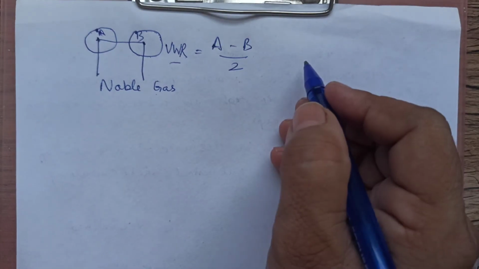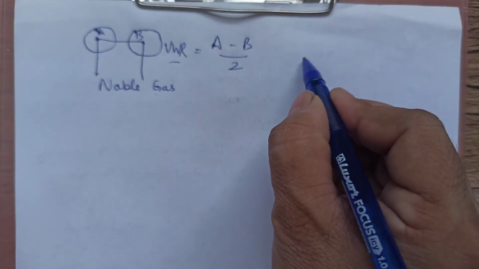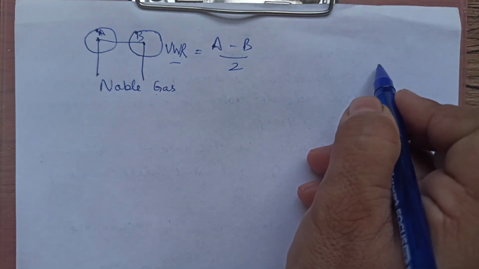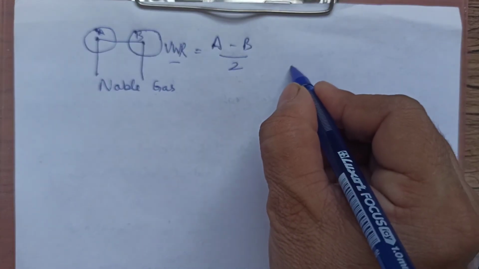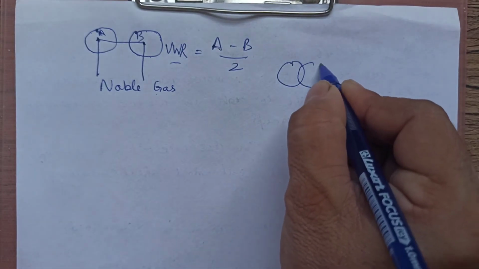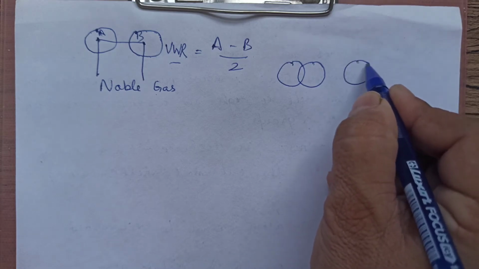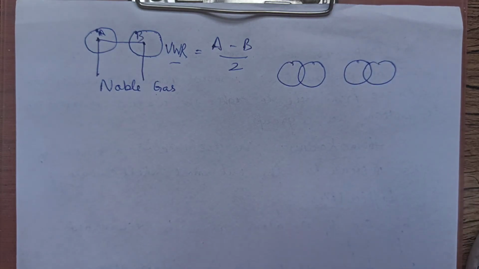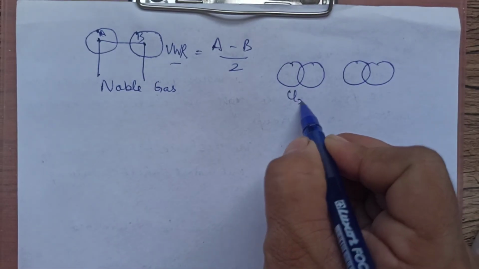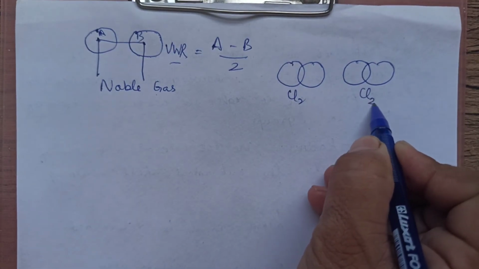We may consider some examples where there is a chlorine molecule and another chlorine molecule. Suppose this is one chlorine molecule and this is another chlorine molecule. Between two molecules also there are Van der Waals forces. We will be talking about this further in states of matter. But as of now, I am just telling you that this is one chlorine molecule, Cl2. This is one chlorine molecule.